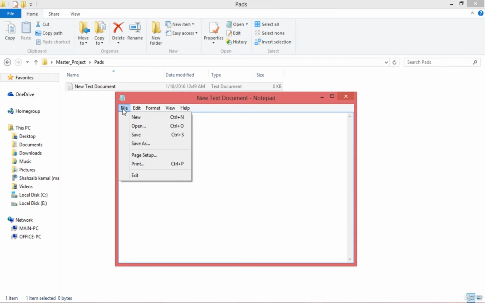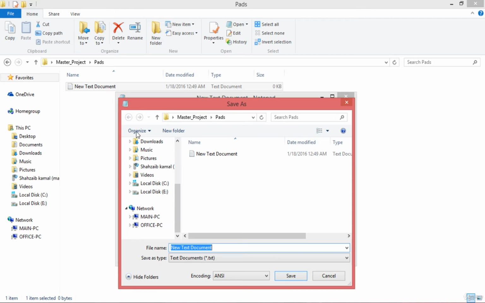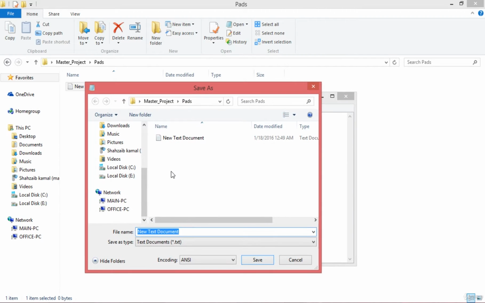I'm not going to do anything in it, I'm just going to Save As. I'm not saving it again, just Save As. When I save the file as, it asks me for the new name and the file type to save a new file. First of all, I'm going to Save as type and changing the txt extension to All Files, because I'm not going to save the file with the .txt extension. I just want to save the file in the .html format. I'm removing the New Text Document name and simply typing the file name.